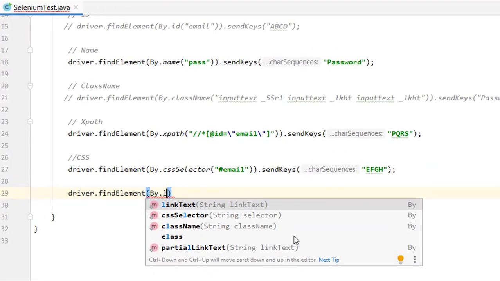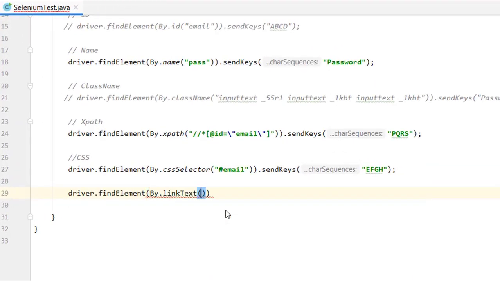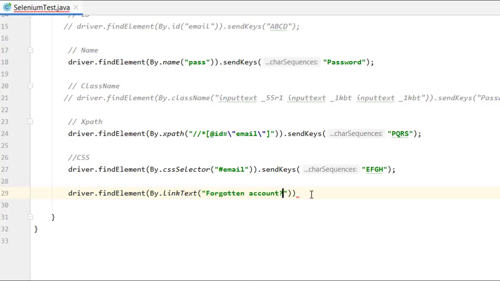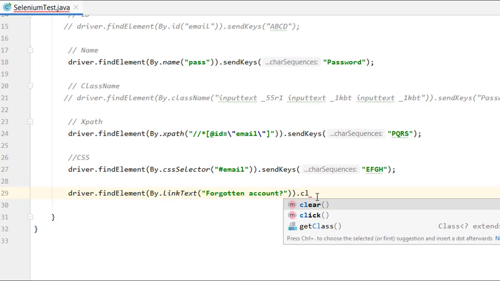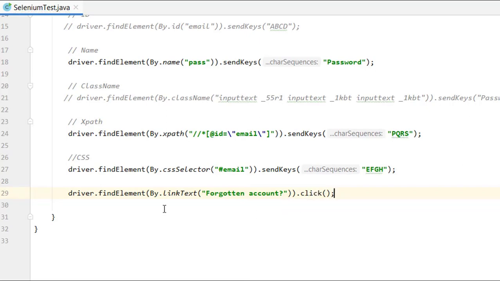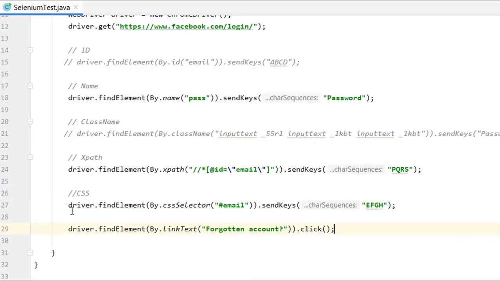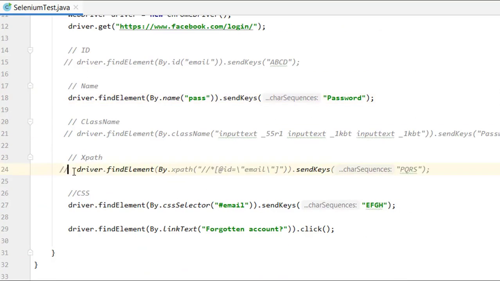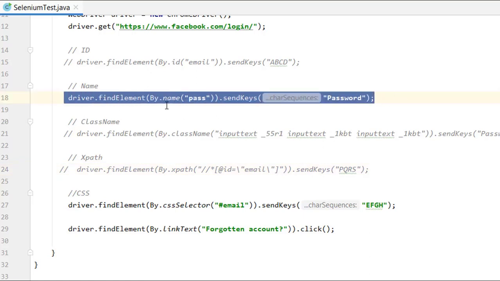In the link text we need to give the text for this link as forgotten account, and then let me click on it. Click is also a function which is used to click on some web element. Let me comment this XPath also. We can add this password, like it will be adding the password and then email.